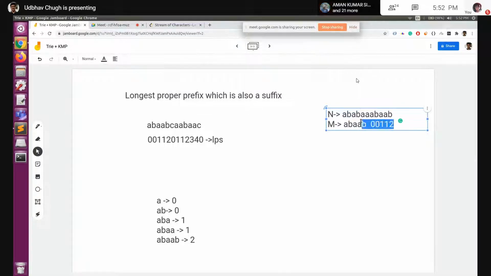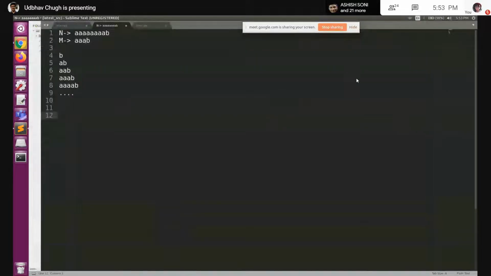Once we have the LPS, the basic intuition behind KMP is that we look at what extra computation we are doing in the brute force approach. In the brute force approach, we searched all 4 A's, and only at the 4th A we realized that this A is not matching with this B. But at that point, we also know that all the 3 A's were matching with the 3 A's before, and we never use this information.